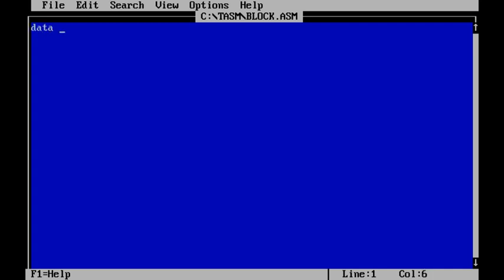First I will start with the data segment. In the data segment I want to give 10 elements, so I will name this source. This declaration means I am using byte data, so I can pass a sequence of byte data. Any elements you can pass here. We are writing the program for 10 bytes, so I will initialize 10 elements.